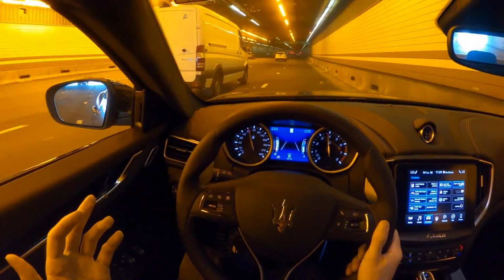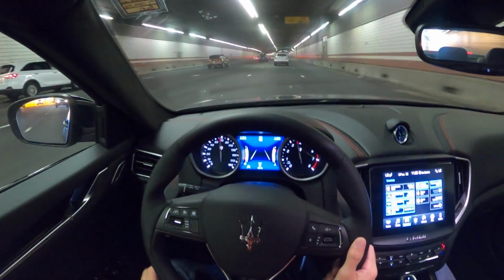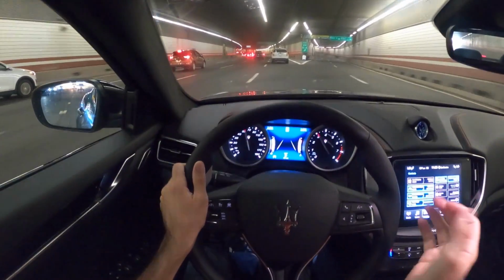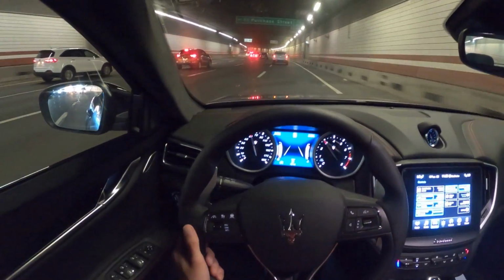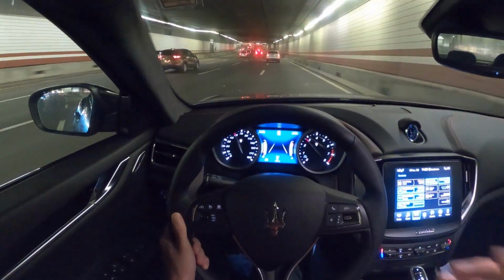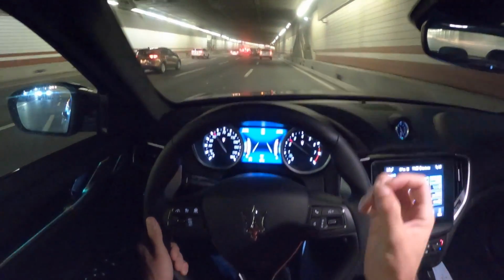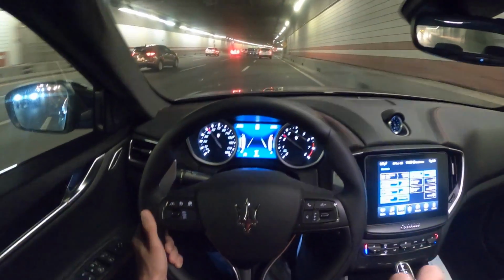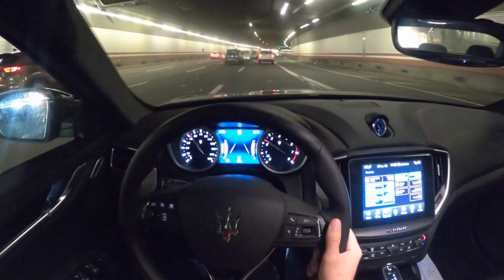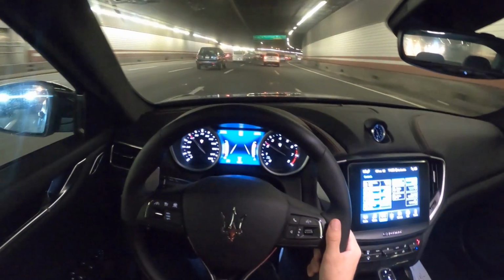All right, we're going to make a little right-hand pass. Look at that. Wonderful. It's not theatrical for camera, because for camera, the best thing in the world is an 8,000-9,000 RPM redline where you just wind it out and it pulls and pulls and pulls. But the reality is, in a day-to-day driver, that's not that enjoyable. It's actually kind of frustrating, because what you really want is a nice, juicy low and mid-range that you can lean on when you're in traffic. When you've got these high revving engines, what they don't do very well is drive in traffic. You've got to give it 3 downshifts before you get anywhere. Whereas in this,